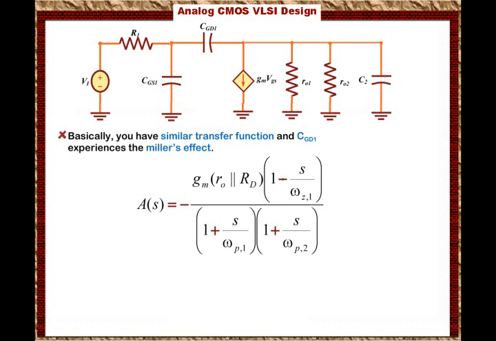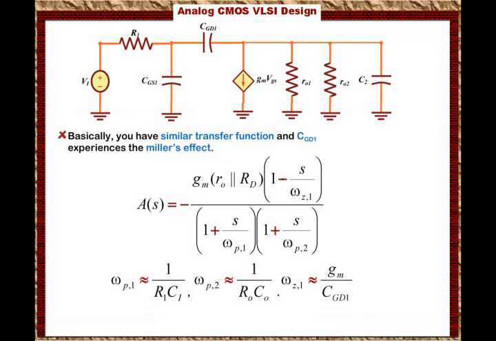We can approximate the first pole, which is omega P1, to be 1 over R1 times CI, and omega P2 is approximately equal to 1 over RO times CO, and omega Z1 approximately will equal GM